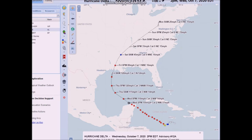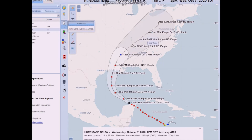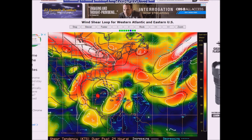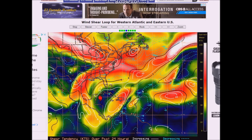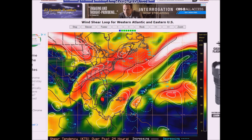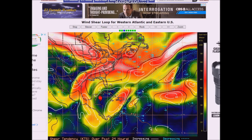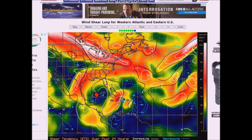Here's the current projection. We'll put the cone into play. This is what we're forecasting for the track, but again, like they always say, don't focus on the track. It can go on either side of this. It can go to the right or to the left. But this is what we're forecasting, and due to light shear, we're going to take a look at the shear. The hurricane is in a light shear environment, and the stronger shear is off here to the northwest, and it's going to be moving over deep warm waters,